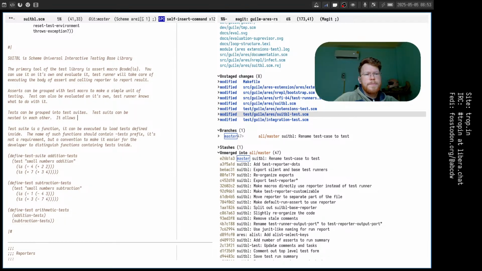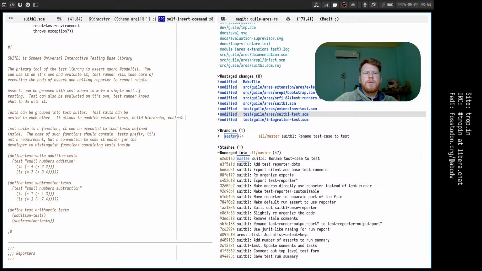Test suites. Tests can be grouped into test suites. Test suites can be nested in each other. It allows building a hierarchy,